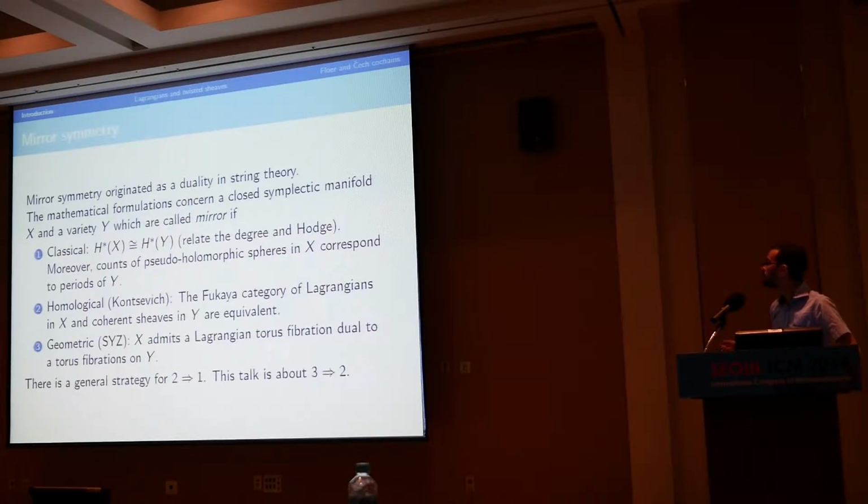And I want to say two things. The first one is that the passage from 2 to 1, from Kontsevich's picture to the classical one, has seen a lot of work in recent years, and there are definitely lots of strategies for proving it. Maybe the name to mention, with the most contribution so far, is again Kontsevich, with joint work with Kapustin and Pantev, which basically describes a strategy that one can try to implement for recovering the classical picture from the homological one.